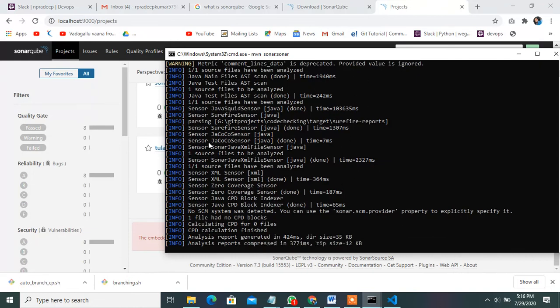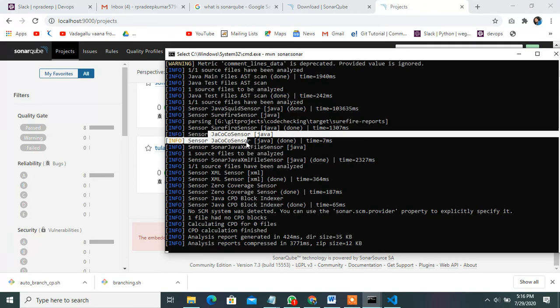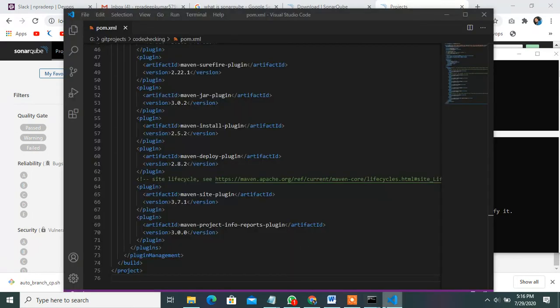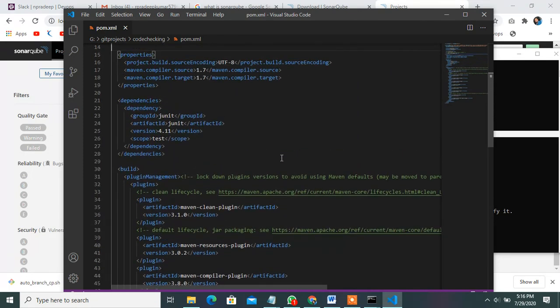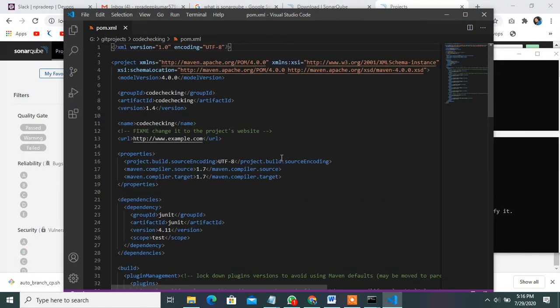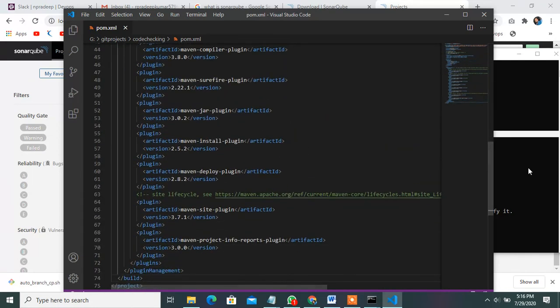All the code will be checked here. And we see the JaCoCo sensor also, JUnit tests and names.